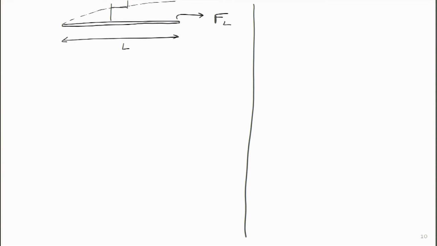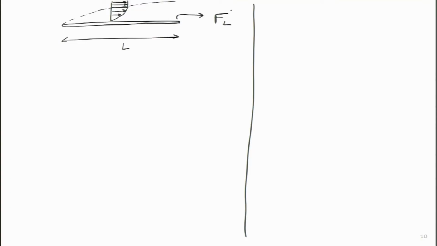The shape of the velocity profile is like this. If the plate is slowing down the momentum of the fluid, that momentum is itself being felt by the plate. If the plate is slowing down the fluid, the fluid is trying to pull the plate ahead with it. So both those forces turn out to be the same. This is how we got the value of FL, which is written on the previous slide.